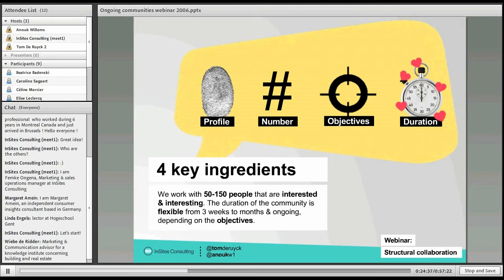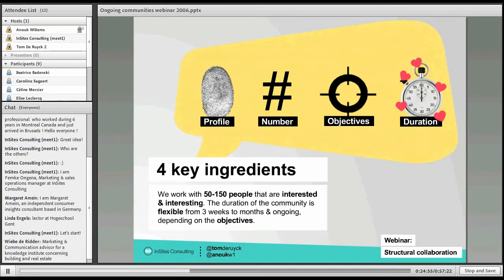And let's take a closer look at these ongoing communities. And here, aiming for structural collaboration does not mean that we immediately or always need a community that is always on.